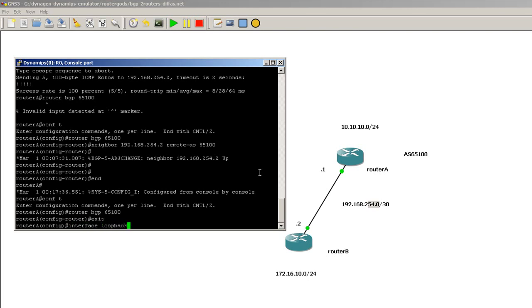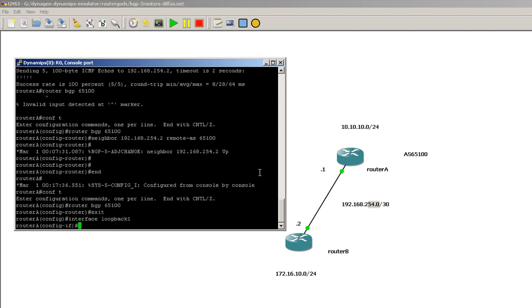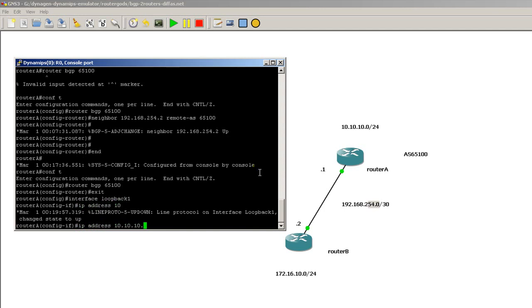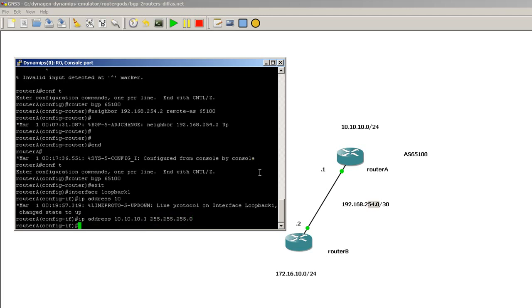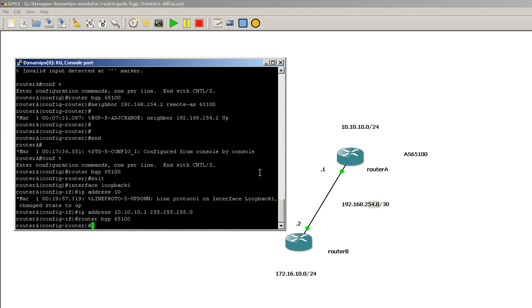Interface loopback, let's say 1, IP address 10.10.10.1, and we'll make it a /24. Great. Now we're going to go into router BGP 65100, and the command to inject a network into BGP is network, yeah, imagine that,